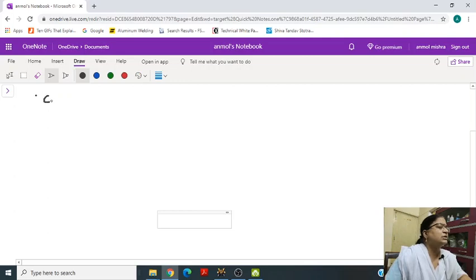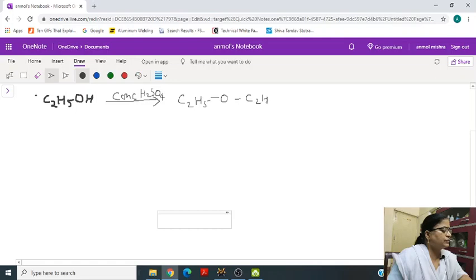The first: ethyl alcohol, when heated in the presence of concentrated H2SO4, forms C2H5OC2H5. This is diethyl ether, and the temperature here is 170 degree centigrade. Now the mechanism of this reaction: